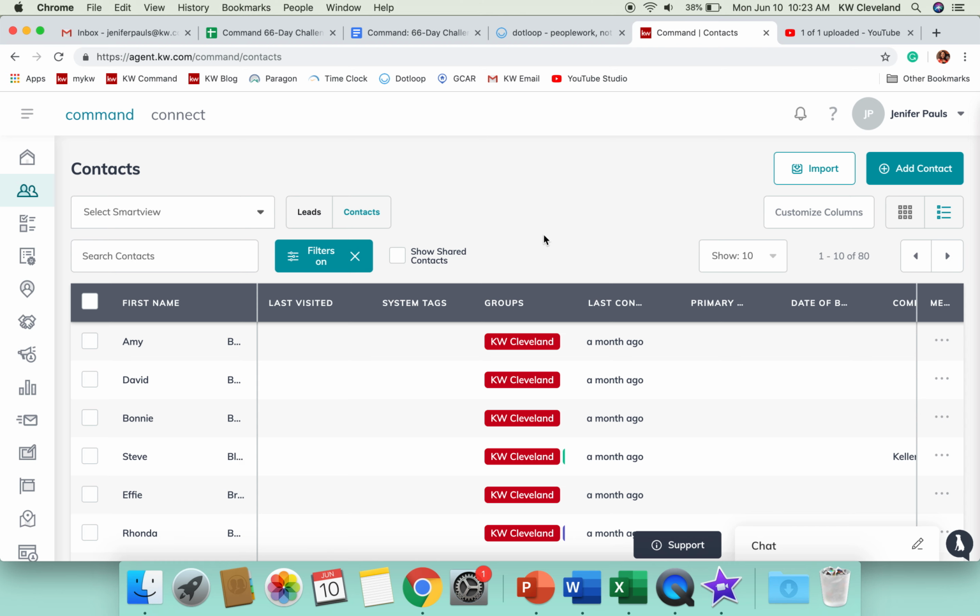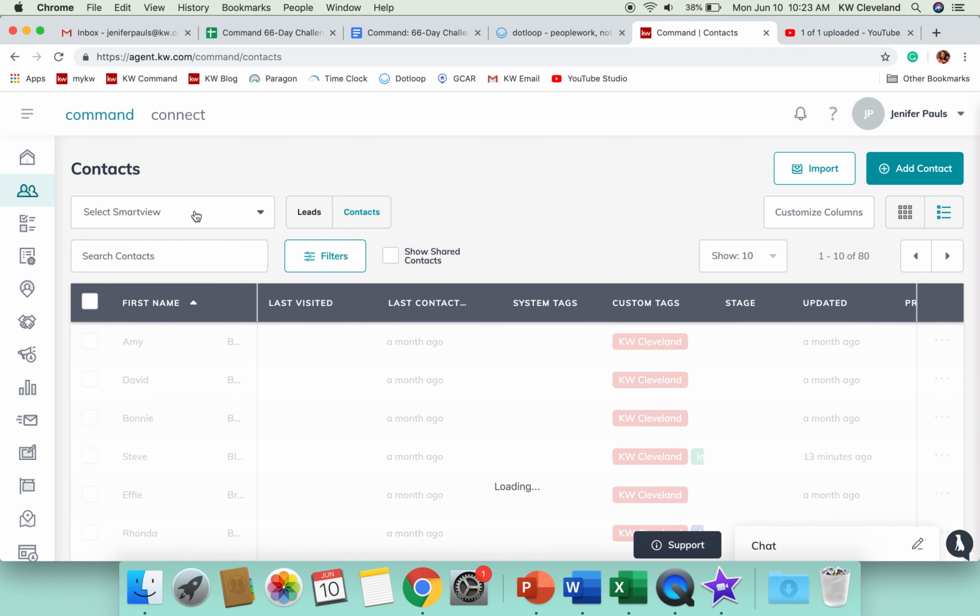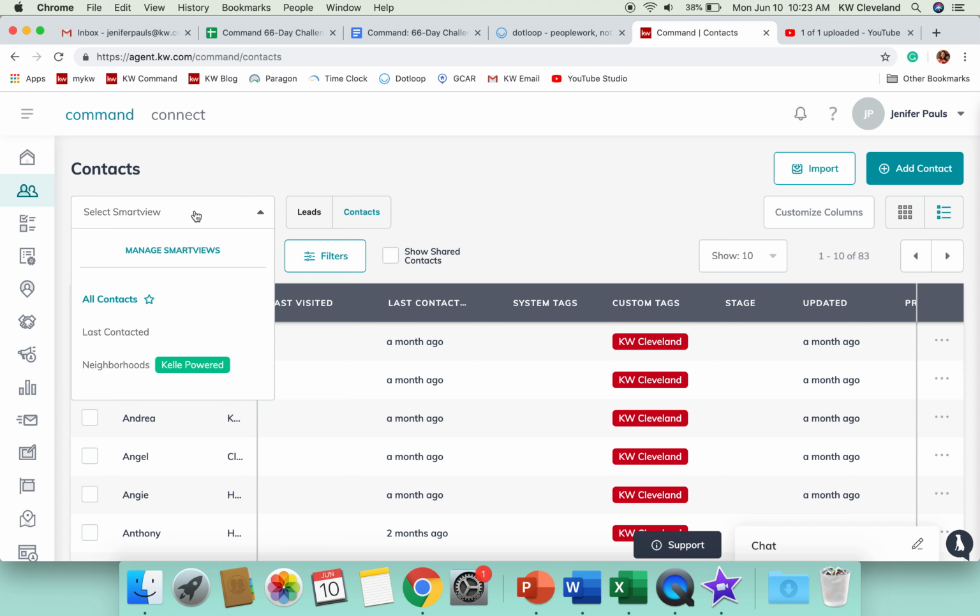So those are Smart Views and filters. I would love to see you guys at least look around in these Smart Views, maybe think of one that might be a good one for you to create and save on here, or look at a way that filtering your contacts might be valuable to you. If you want to remove any filters that you have turned on, you can either click this X here, or if you are inside of a Smart View, you can come up to all contacts and just go out of